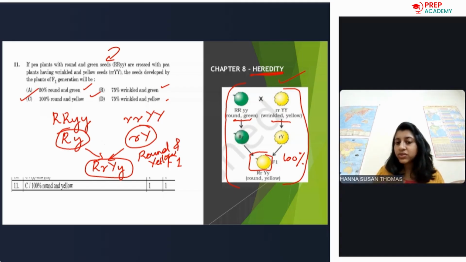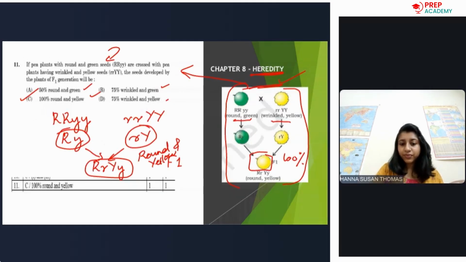diagrams from your textbooks also play a major role while preparing for the board questions, right? So you have to go through these diagrams very seriously. From this particular diagram that is given in your textbook itself, your examiner has asked you this particular question. Okay, so let's go through